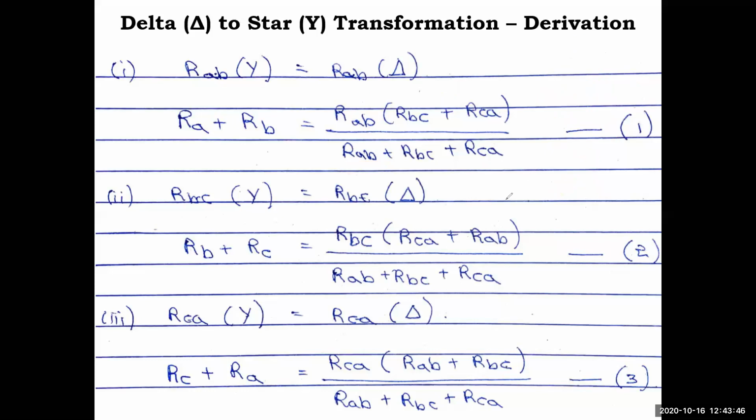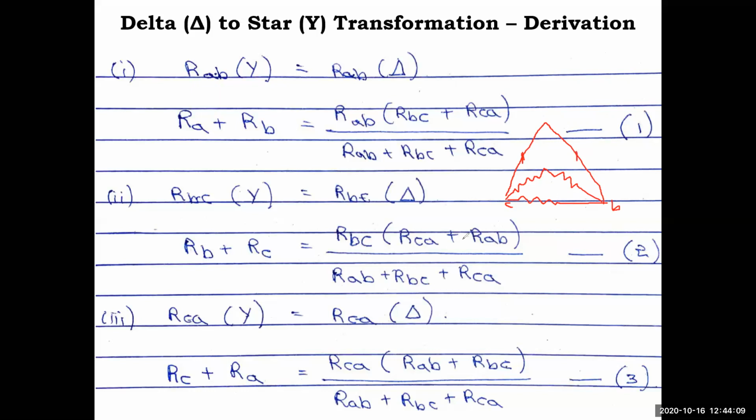RBC. So where is the BC? Okay, so this one. This is C and this is B, right? So this is B and this is C. RA is open circuit in Y network. This is delta network. You have RBC and you have two more resistances. Okay, so here one resistance is there and here one resistance is there.